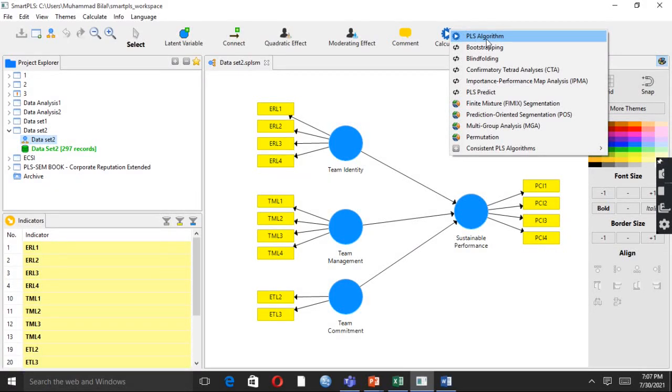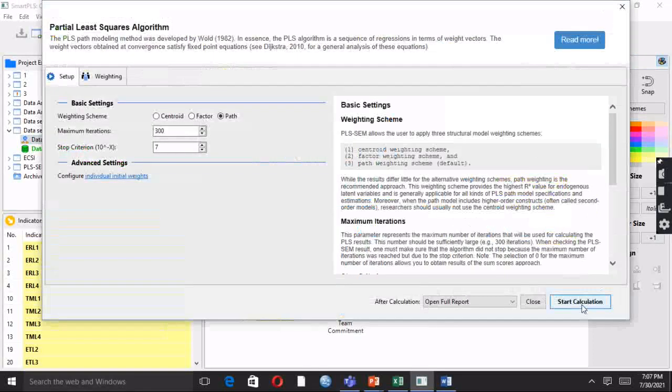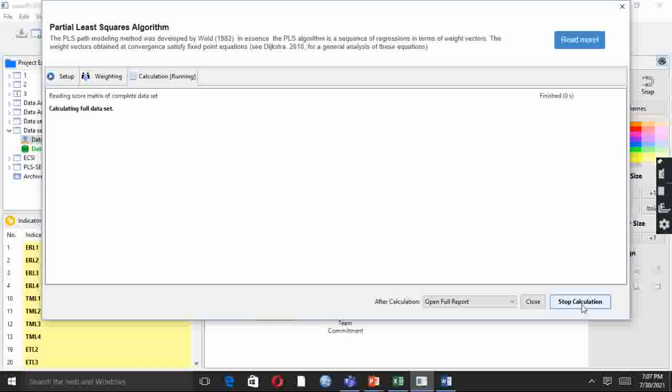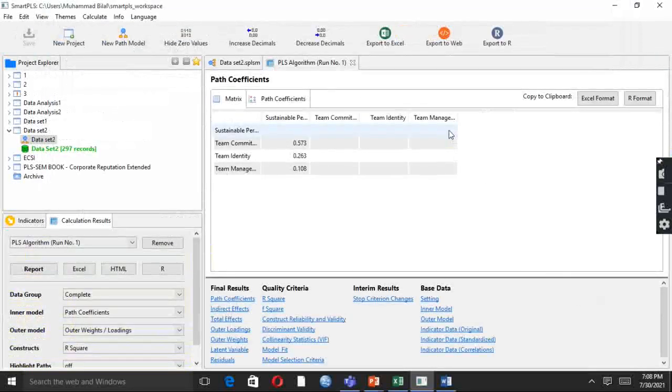First of all, we go to Calculate and click on PLS algorithm in order to analyze AVE. Click on Start Calculation. Here we have the path coefficients. In our final result, we look at construct reliability and validity.